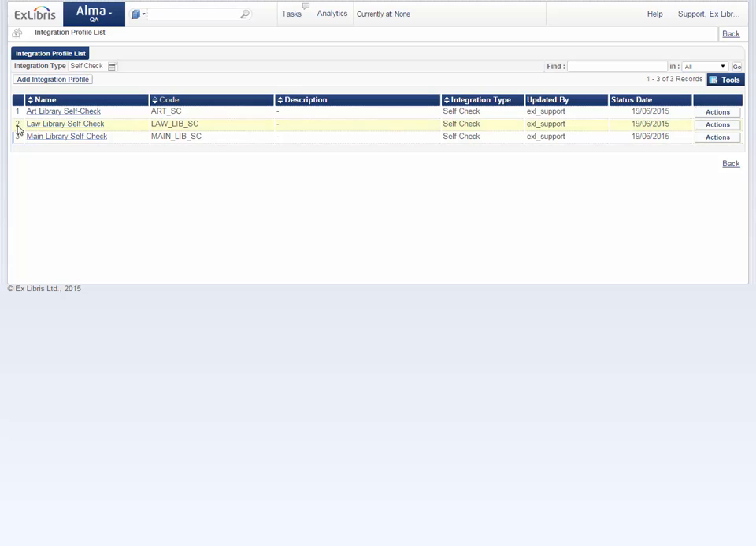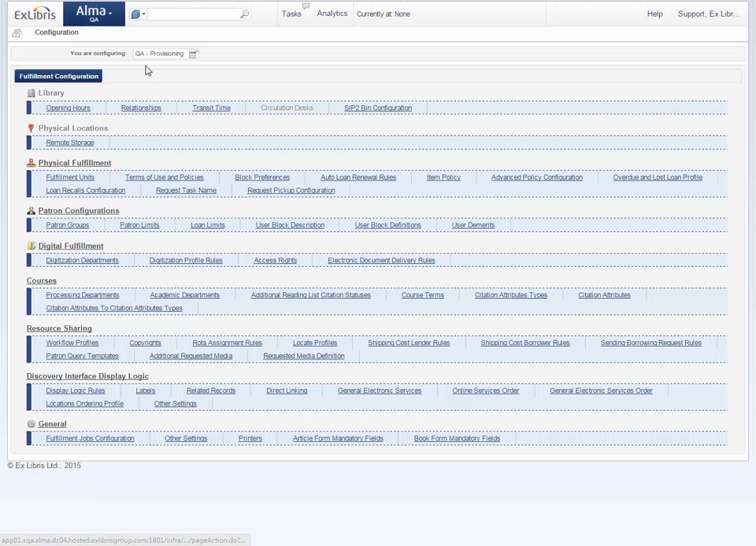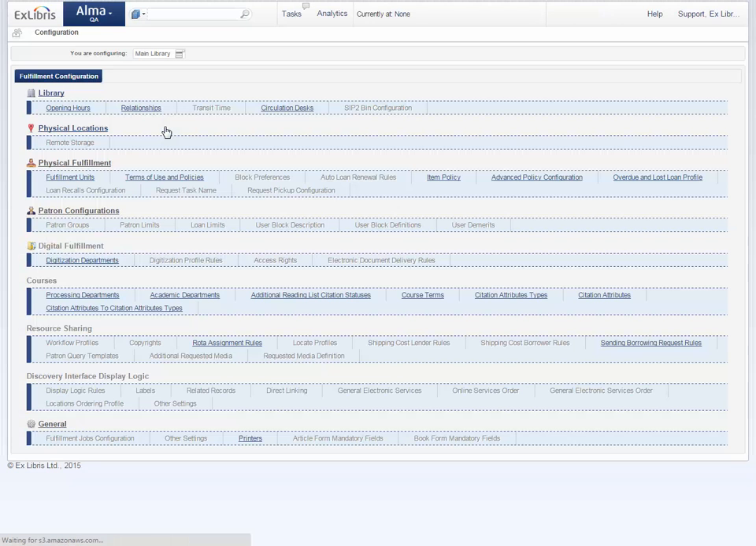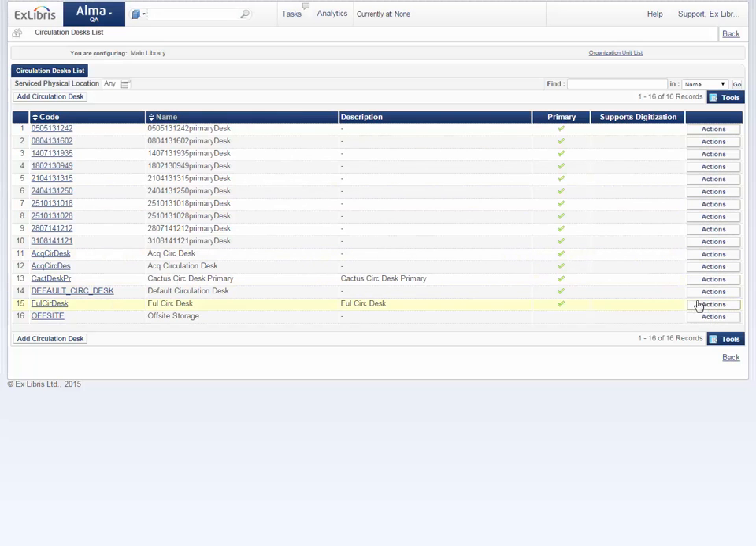Now that we've created our self-check integration profile, let's associate it with a circulation desk. If your Alma project is still in implementation, you may need to contact your Libris project manager to perform this for you. So, under Alma menu, Fulfillment Configuration menu, select the library you wish to edit, click Circulation Desks, select the desk and Actions, Edit,